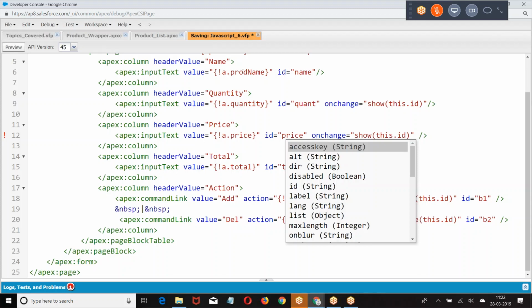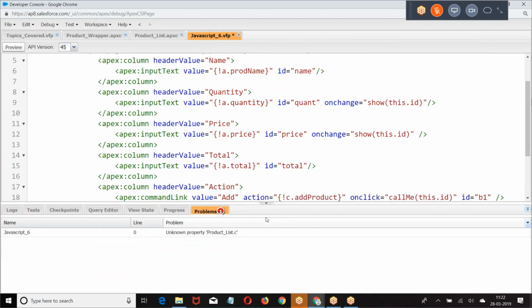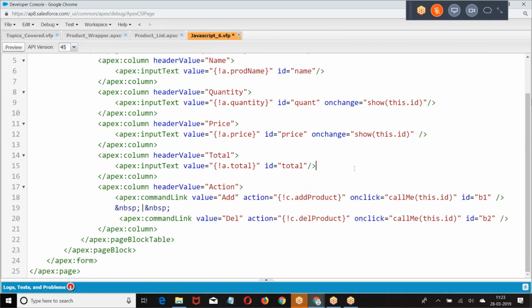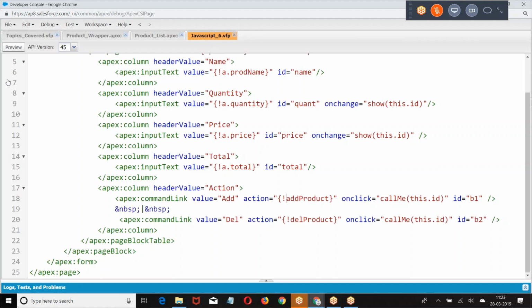So look at the UI part first. Action. Sorry, it's Lightning. In Lightning we write like c dot method.